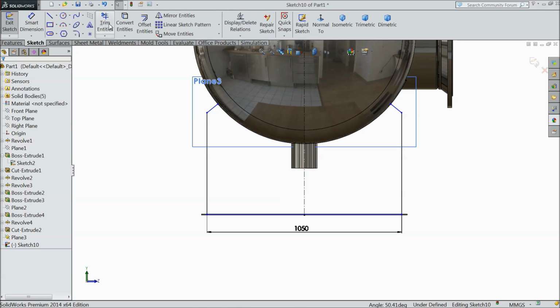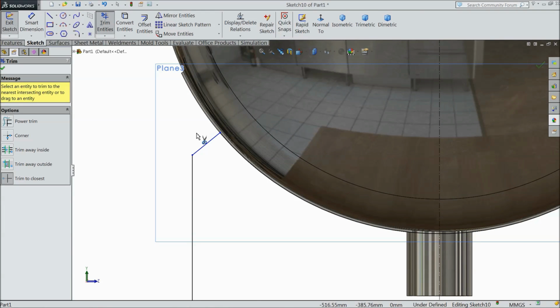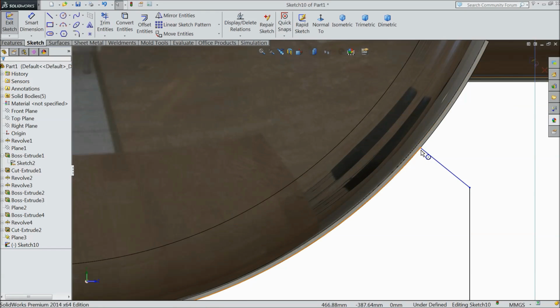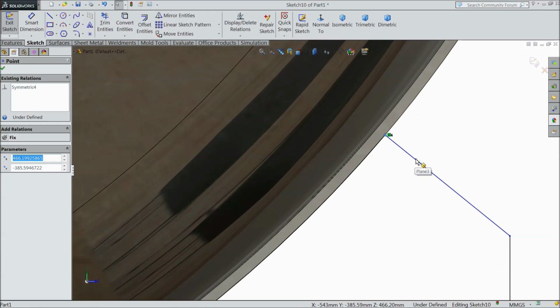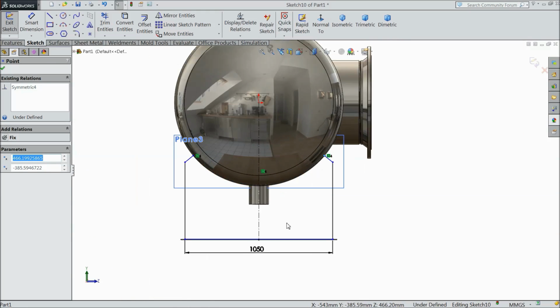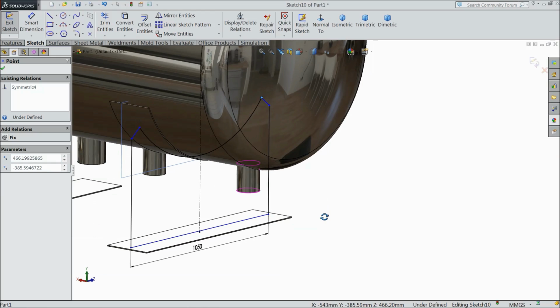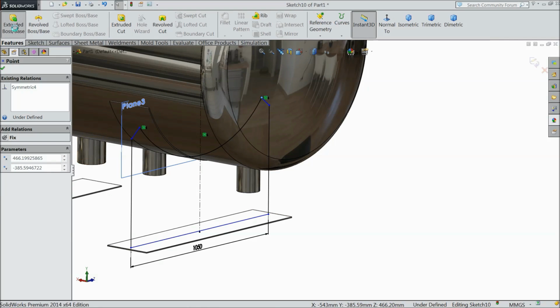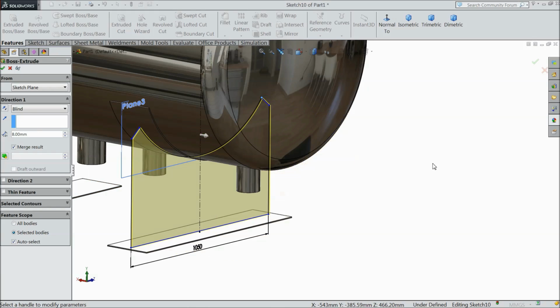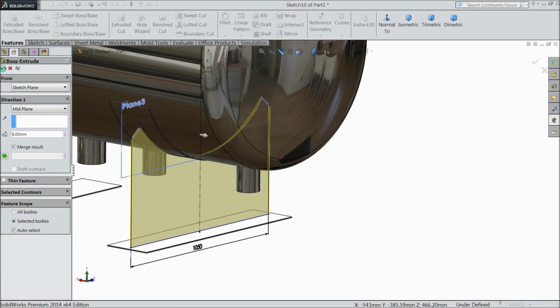Cancel. First trim this outer circle. Okay, it is coincident. Now select extruded boss here, and here choose 8 mm, but make sure mid plane. Okay,